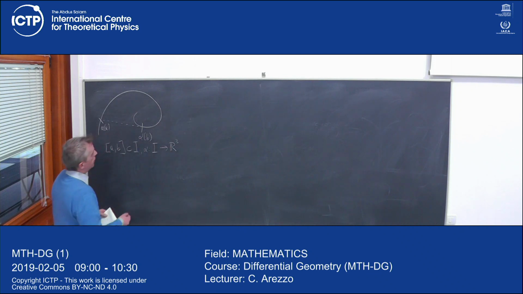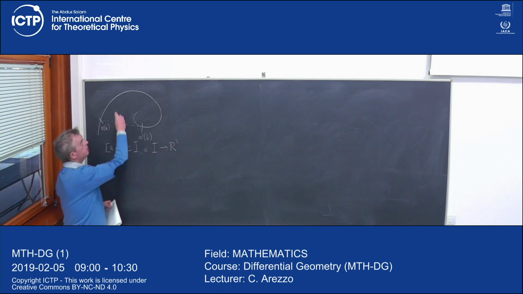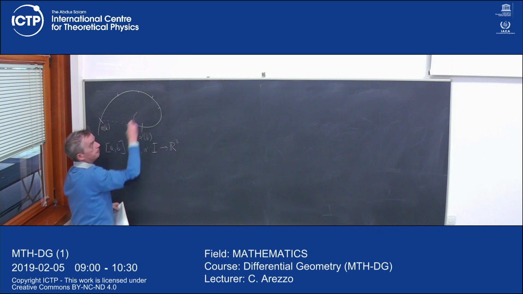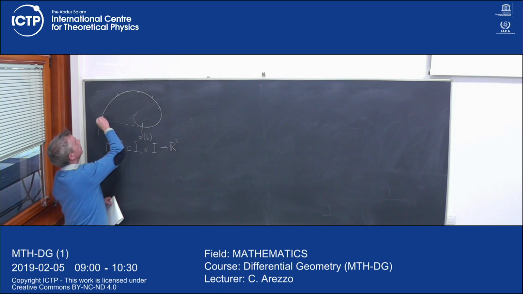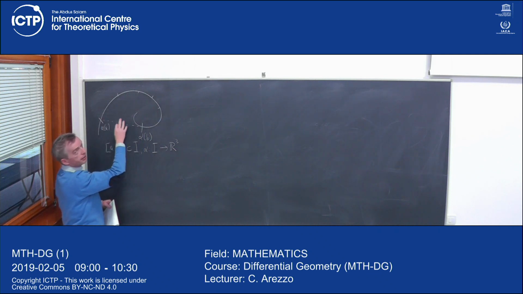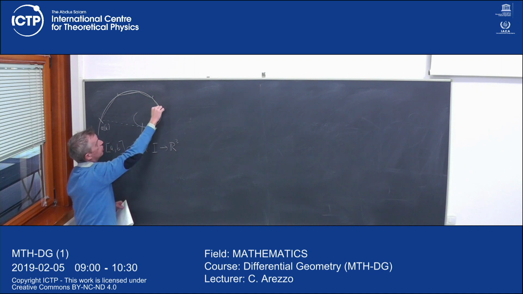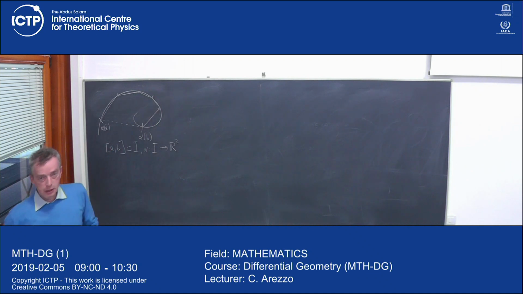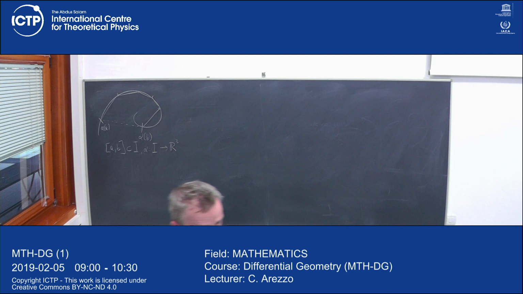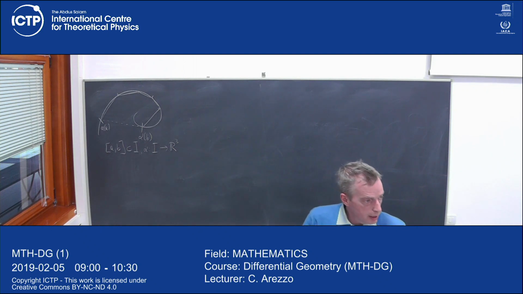But then you start saying, well, okay, but this was too rough. Let's put a few points in between. And then, instead, I say, well, the length of the curve should be closer to what? To the sum of the lengths of the segments between two consecutive endpoints of the intervals that you have selected. And so on and so on. And at the end, you take the limit.